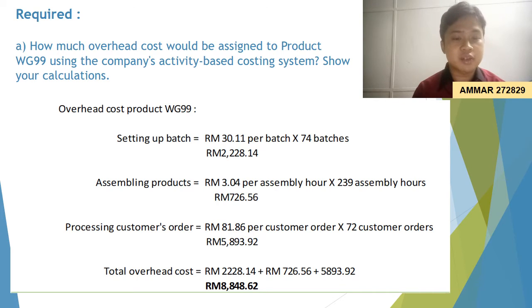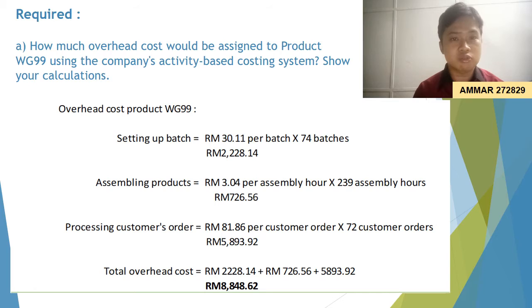Okay, so for assembling products, we have RM3.44 per assembly hour times 239 assembly hours, we get RM726.56. And for processing customer orders, we have RM81.86 per customer order times 72 customer orders, we get RM5,893.92. So for total overhead cost, we total the three activity cost bases, so we get